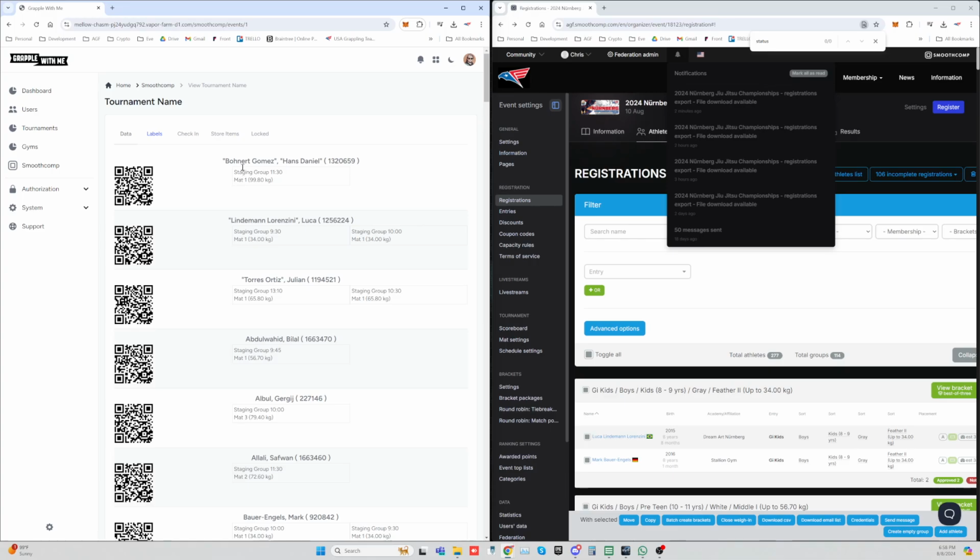On here, it's got the name of the person, their competitor ID right here, their staging group time, what their mat number is, and then the weight for that. So just in case for some reason the internet goes down at the weigh-in table, they can see what the max weight is for this division,